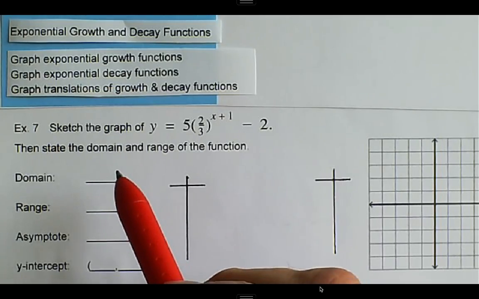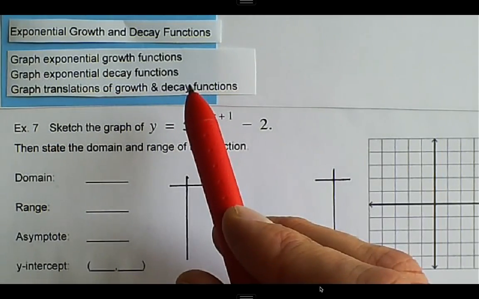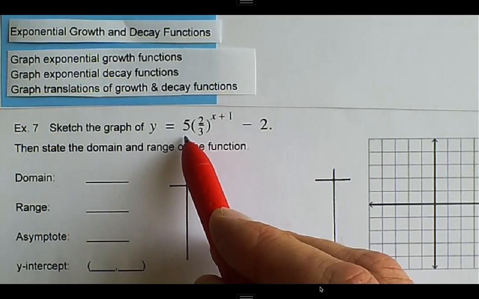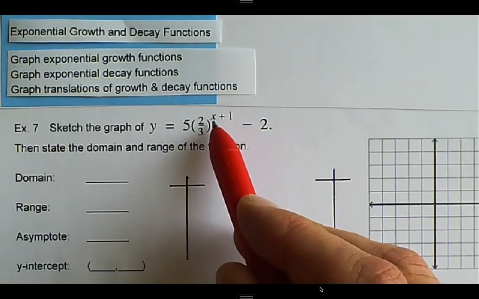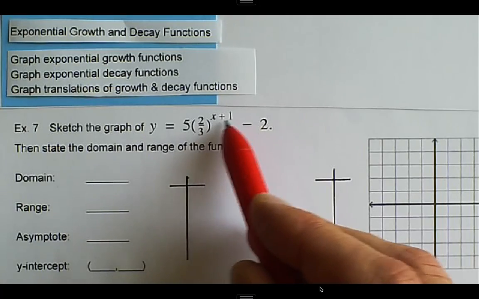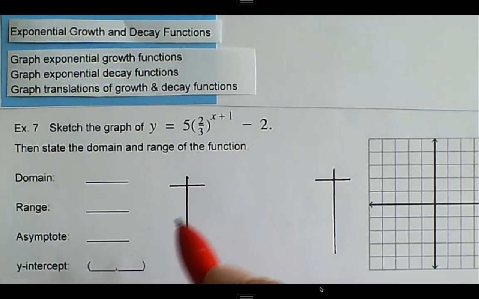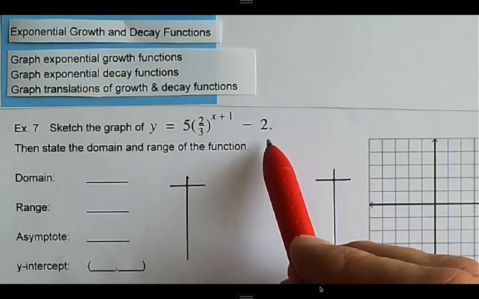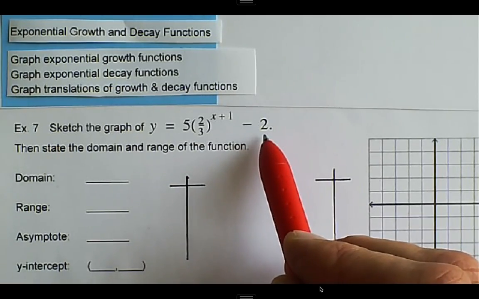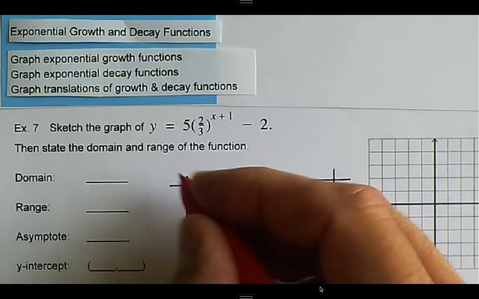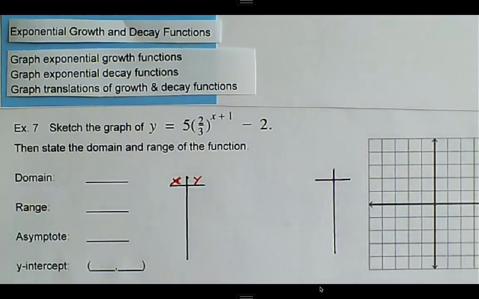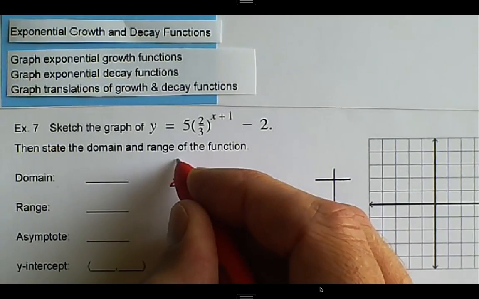We're talking about exponential growth and exponential decay functions, and we want to sketch the graph y equals 5 times (2/3) raised to the x plus 1 power minus 2. So we do have a translation in the x direction of -1 and a translation in the y direction of -2. The first thing I want to do, if I'm doing this without a calculator, is figure